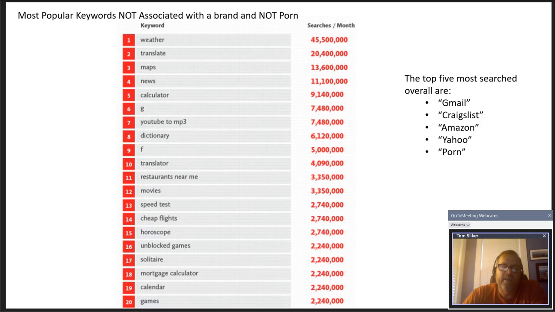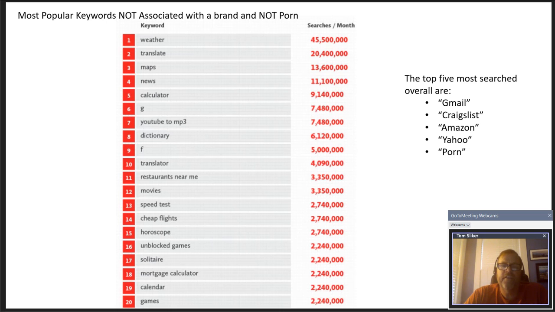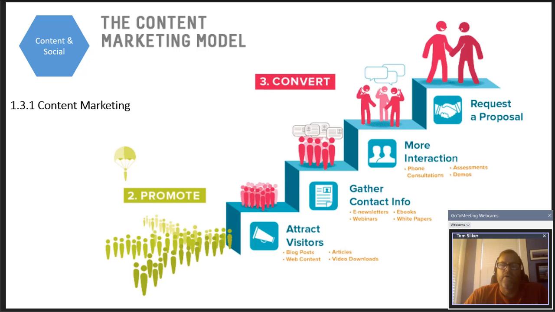And so if you were trying to start a horoscope blog, you'd really have a hard time being on the first page because you're starting kind of late. However, if you're trying to sell, for example, used Mitsubishi Fuso transmissions, you might have an easier time being dominant in that very small niche way out here on the long tail. And so we're going to look at two examples today of how we could be number one on Google through taking advantage of that long tail.